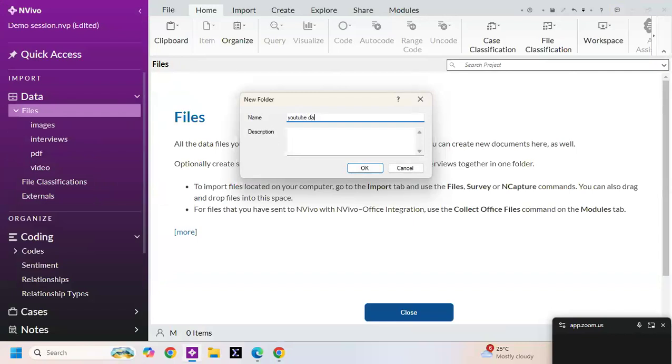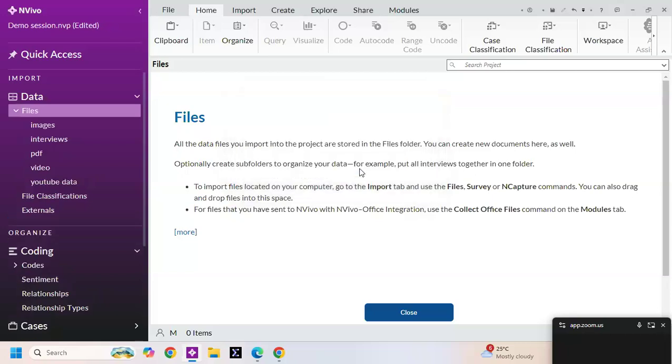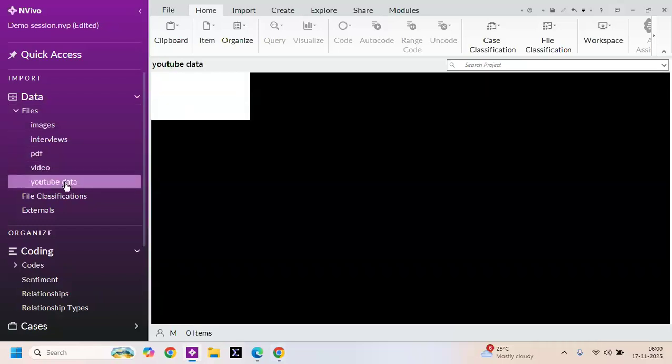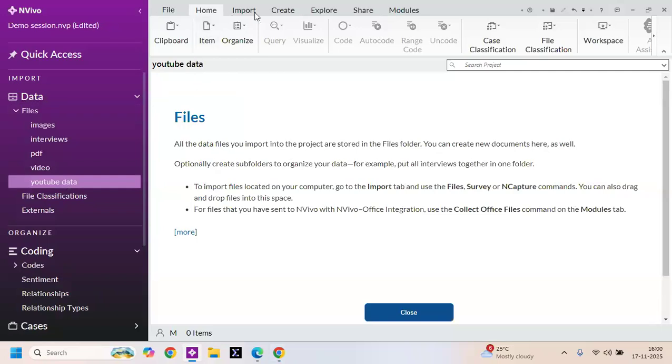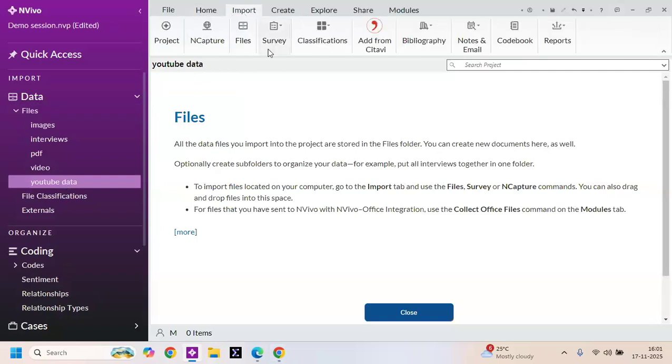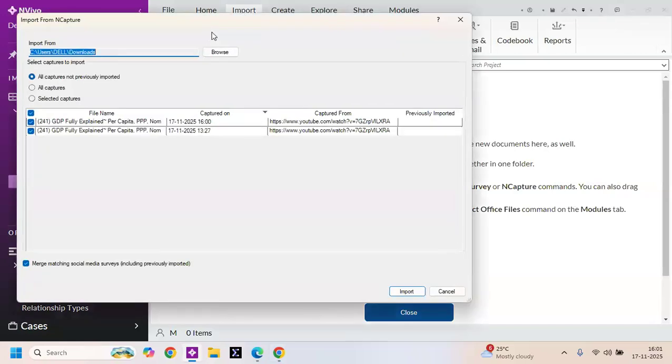YouTube data. I have to click on OK. Then I have to go for the import option. Now I have to use the NCapture option. So I am selecting the NCapture option here,